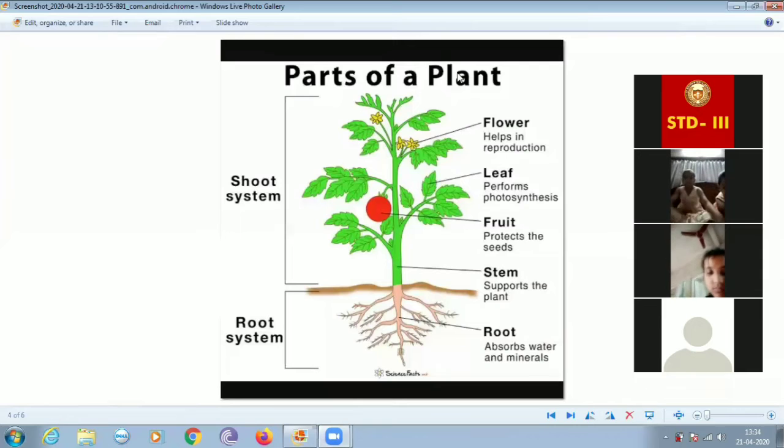Okay, so now first of all, before going to page 16, do you have any problem understanding this portion up to this portion? No, ma'am. So you have understood properly what the root system and the shoot system are? Yes, ma'am. You can see my screen, you can see the picture properly. Yes, ma'am. Okay, very good. Now you open page number 16. Ma'am, open.